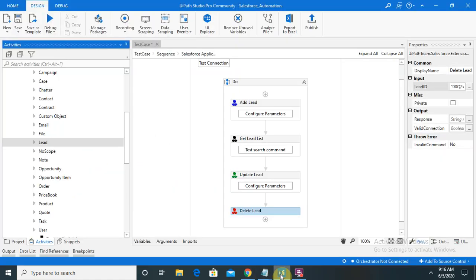So in this way, we can automate our Salesforce activity on creating lead and managing lead using the UiPath automation tool. This will help us minimize our effort and time, and we can do that at any point of time whenever it is required, and it's a continuous process. For process automation, UiPath is the best tool which is used globally. So in this way we can do our activity in minimum time and minimum effort.